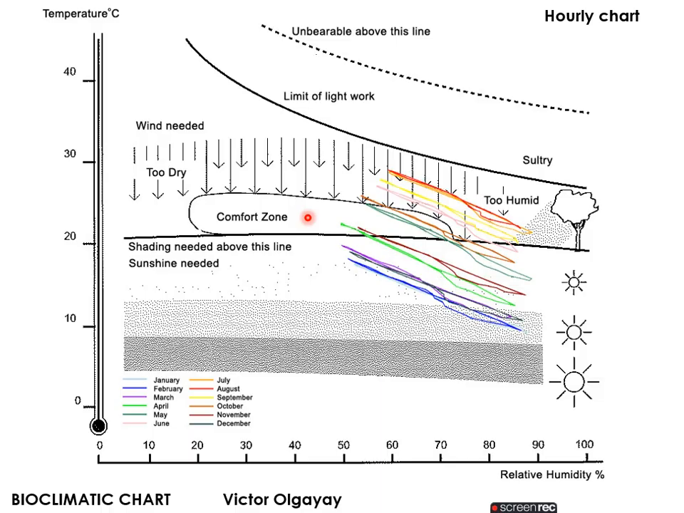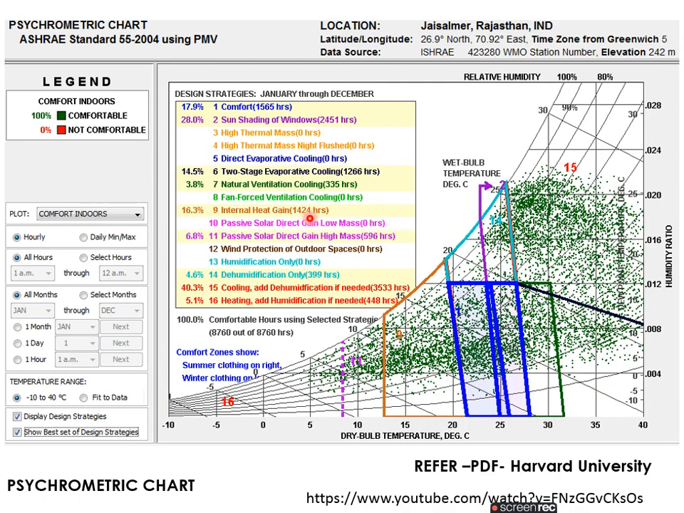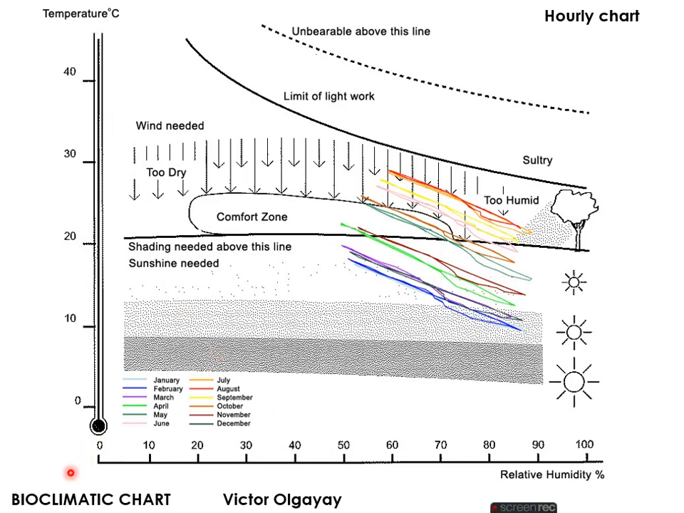So this is the bioclimatic chart. The next thing is a little more enhanced. After the bioclimatic chart, there is something called a psychrometric chart, in which, compared with the previous chart where the temperature was on the y-axis and the relative humidity was on the x-axis,